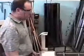So now we can proceed to the horizontal bandsaw. The horizontal bandsaw is laying